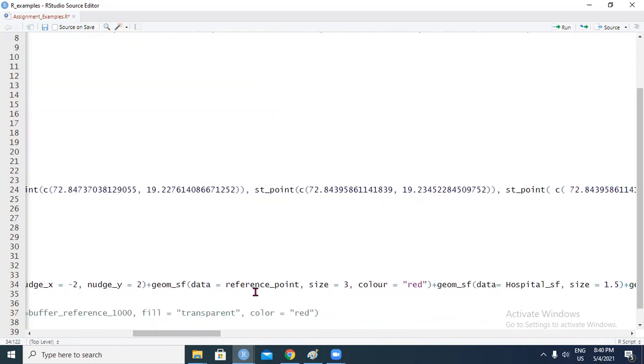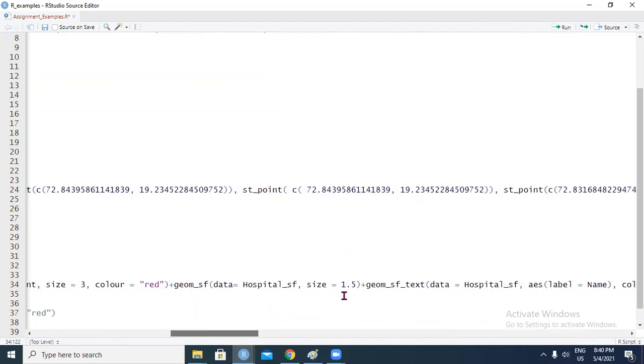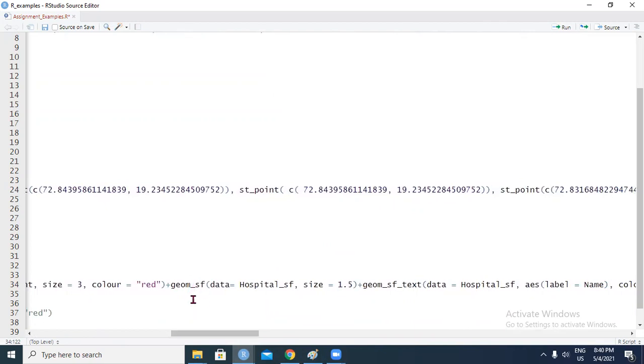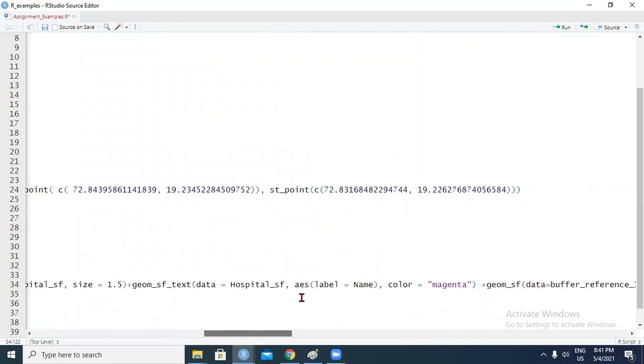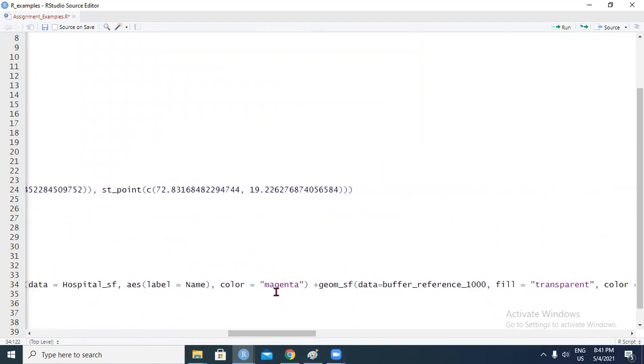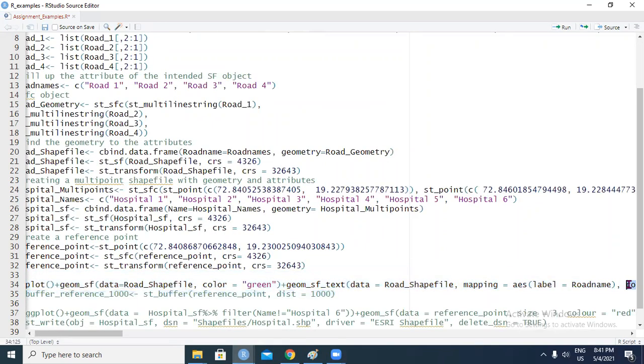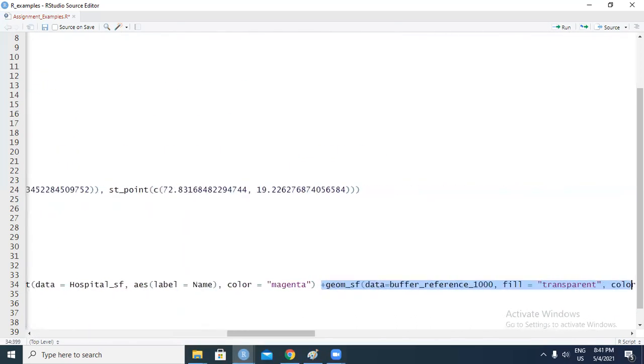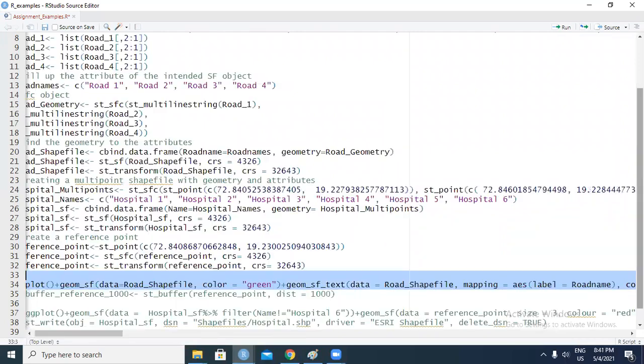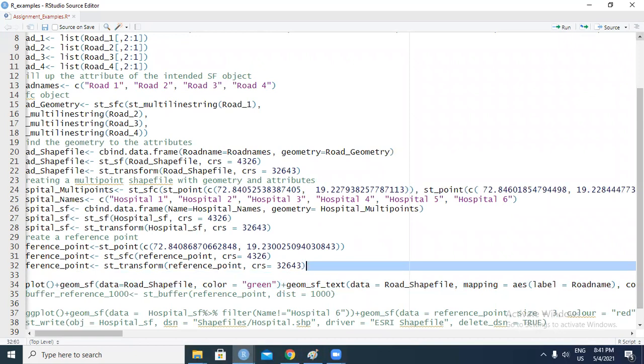I plot the data as reference point, which is in red, and we plot the hospitals that we have digitized. This we will not do right now because that is after we've buffered. So that is something we'll just put on hold right now.